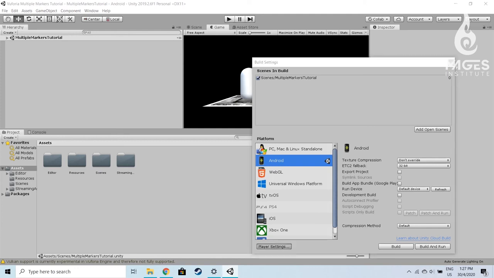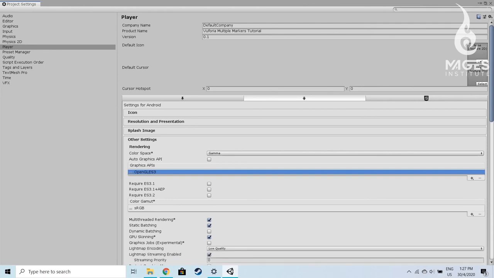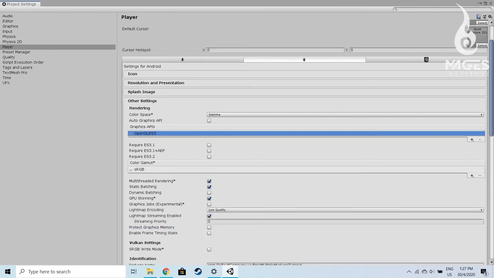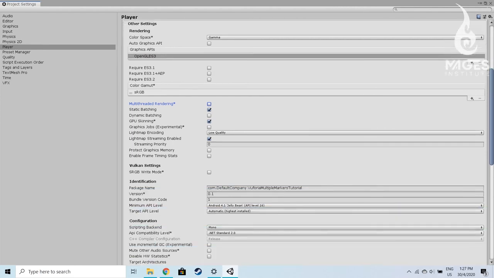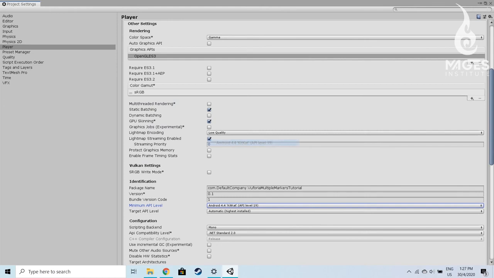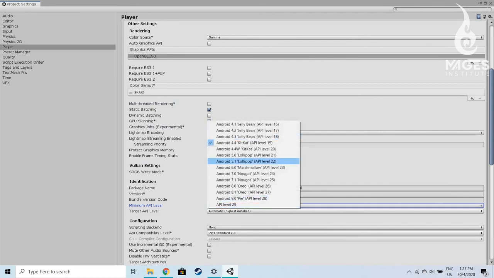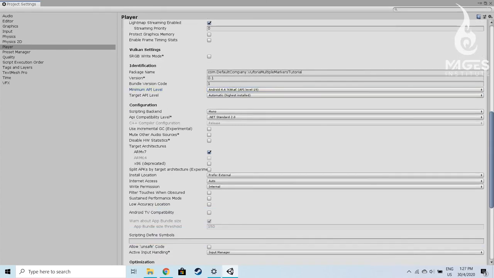So click on player settings. So right now you want to remove Vulkan API. So just click on the minus sign. You want to disable multi-threaded rendering. And you want to change the minimum API level from 4.1 Jelly Bean to 4.4 KitKat. Although you can set this higher, but it depends on what SDK you have installed on your PC right now. So just close this window